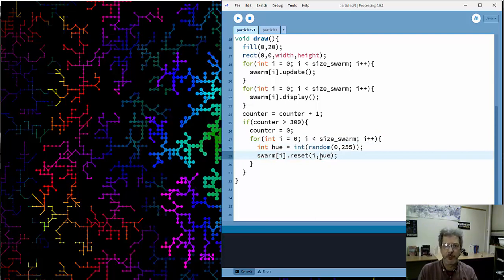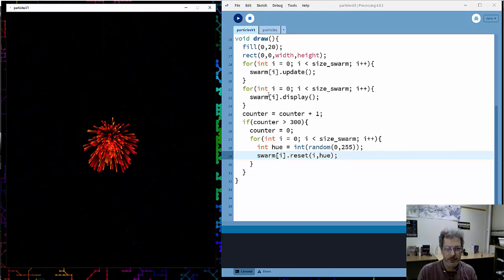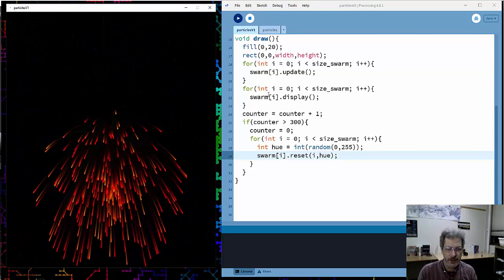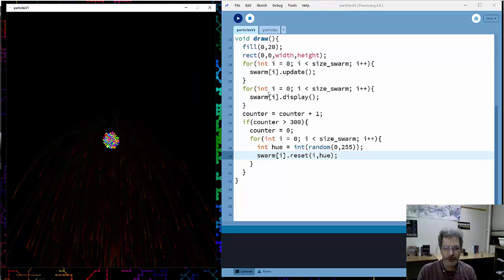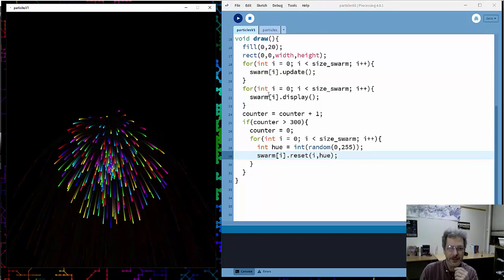And this is, if you're thinking about programming, pretty common, right? I've got a piece of code that picks a random hue for me for creating particles. I'm going to reuse that code here where I reset them. So let's run this and see. So there we get some nice red-orange ones. And at some point, the counter should, there we go, we get a different set